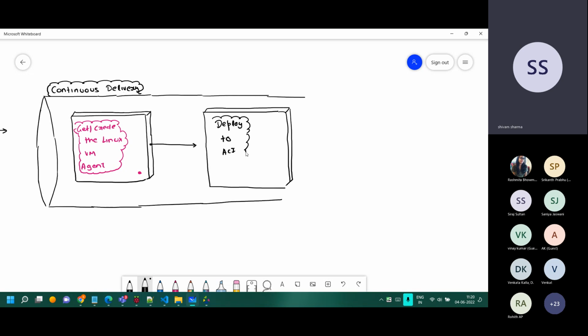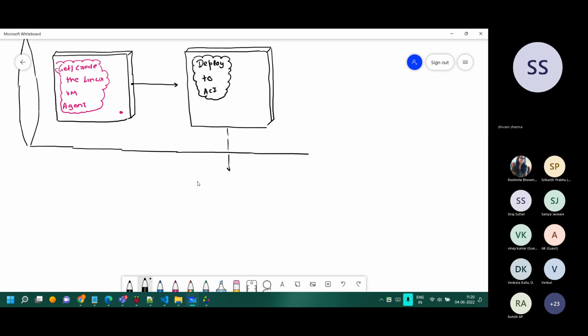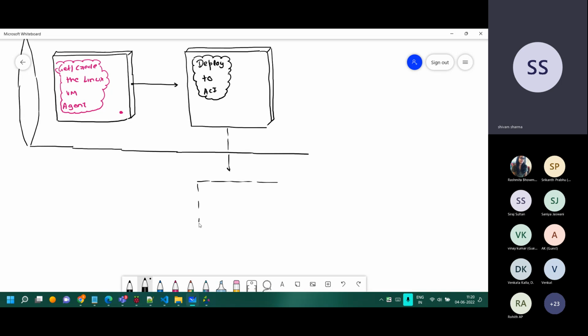Now, this is where your infrastructure as code will kick in. We don't have those environments with us. We would like to have the environment. We would like to do the testing with some API endpoints and so on and so forth. So this is where we are creating the Azure Container Instance.